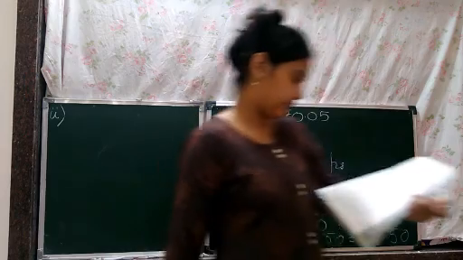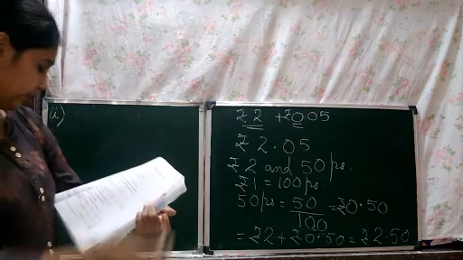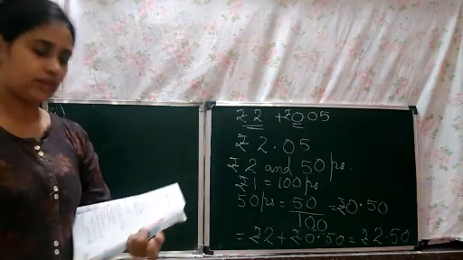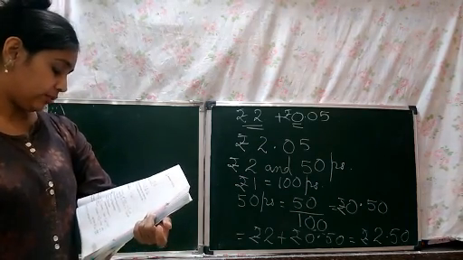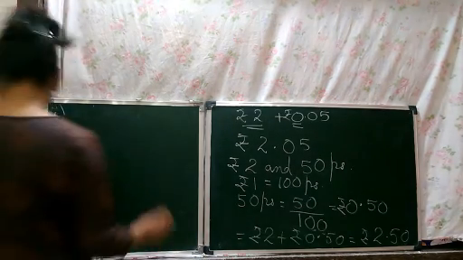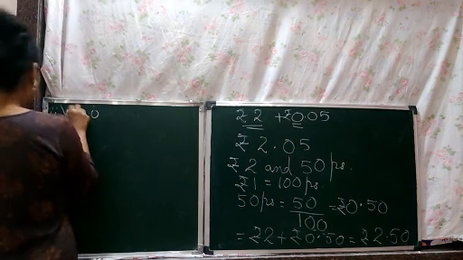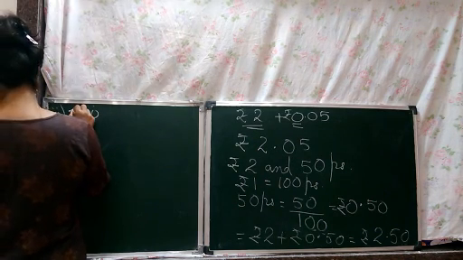I am reading the question, children. Write 20 rupees 7 pies and 21 rupees 75 pies in decimal. Okay, so we are going to write 20 rupees 7 pies first, and then we are going to write 21 rupees and 75 pies in decimal. So rupees 20 and